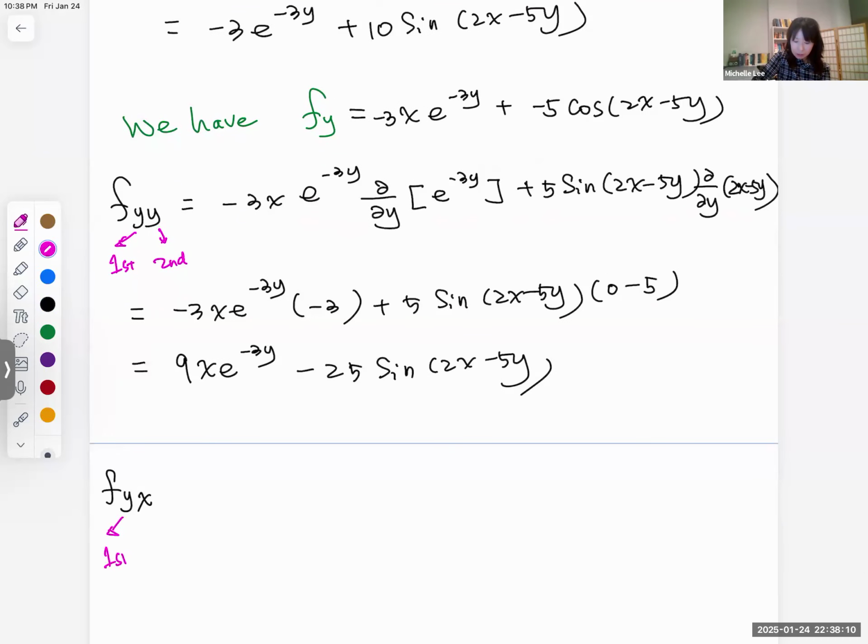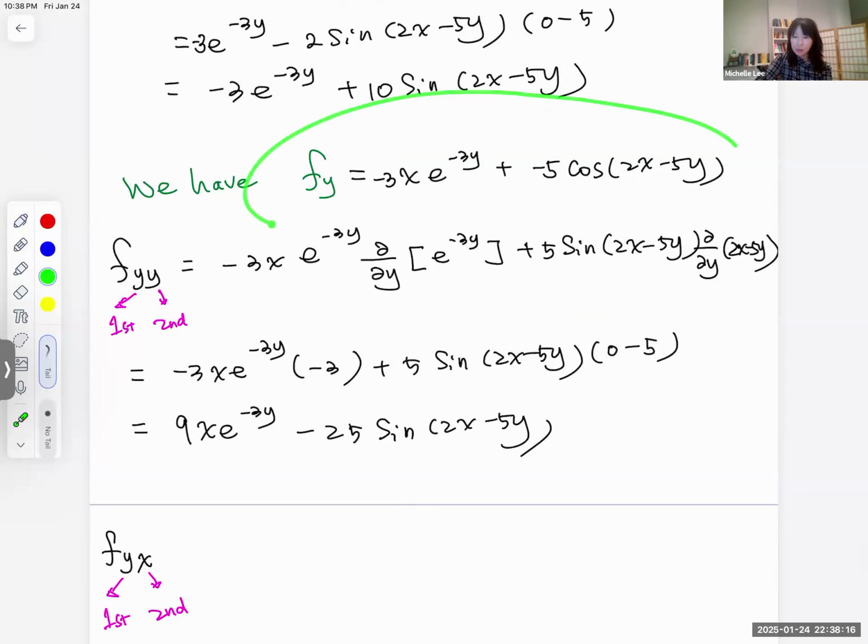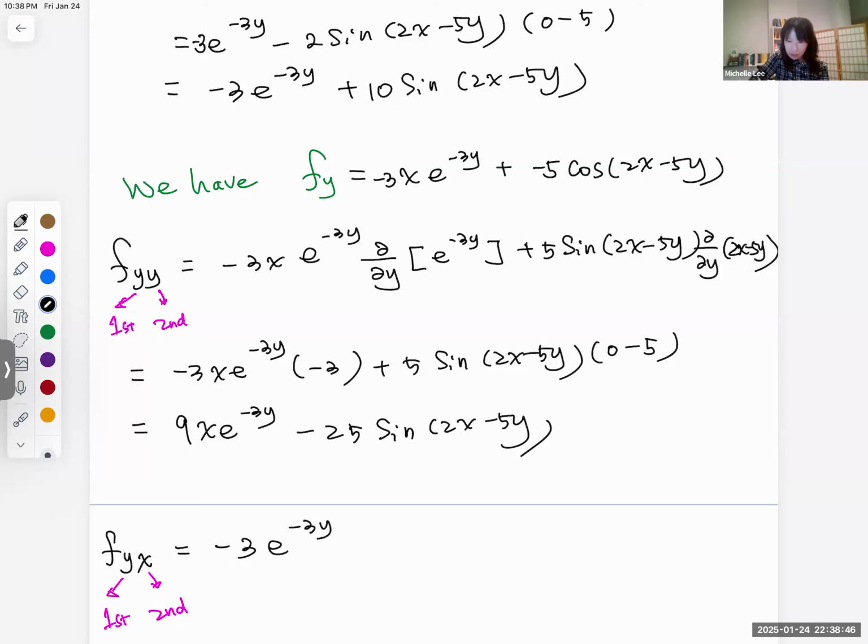First, second, right? Partial derivative. Okay, so we are looking at this one. Partial derivative with respect to x then, yeah? So y is a constant, we keep the constant, right? Then what's the derivative of negative 3x? Just negative 3, right? So we have negative 3, and then e to the negative 3y,